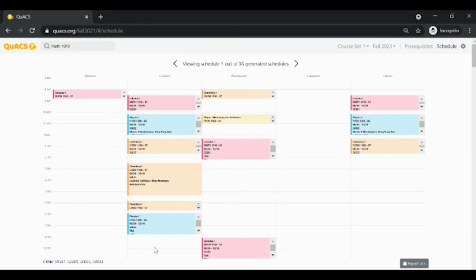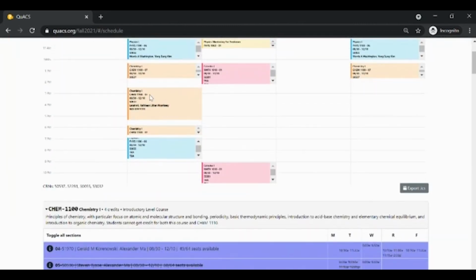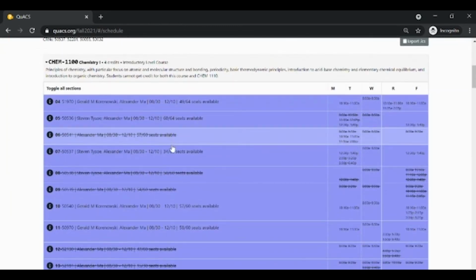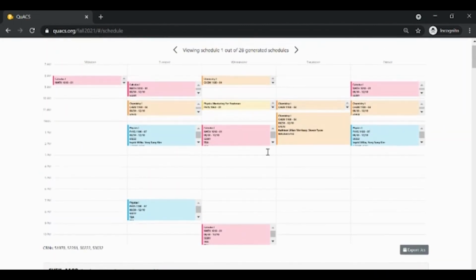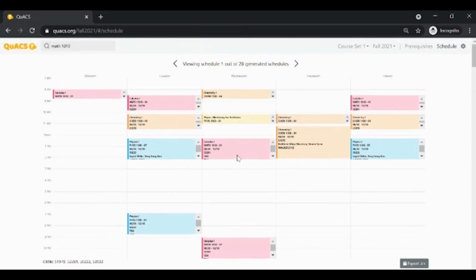But you can also see here that Tuesdays are crazy busy. You've got classes from 8 a.m. to 9 p.m. and we just don't want that. So what you're able to do is look at the classes that maybe you don't want to take on that day and then narrow things down. So section 7, that kind of made things pretty tough. But when we take a look and we narrow down and take out section 7, this makes it a way more balanced schedule. So again, Quax is something that's great to use for planning and preparing for your first registration